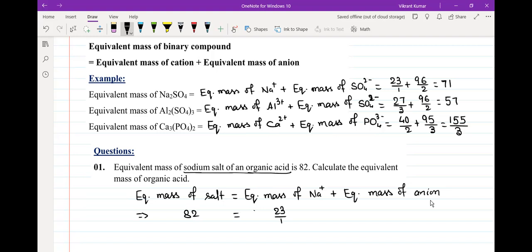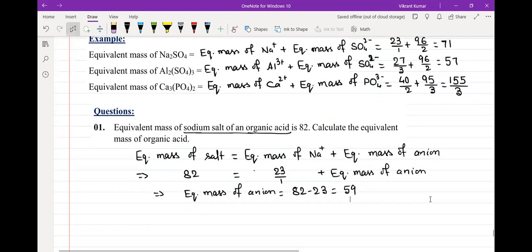We have done that many times, you know? And that plus equivalent mass of anion. So the 59 answer is not the right answer, because it was not equivalent mass of acid, it was equivalent mass of anion. And definitely it will be one of the options. So this is 59. But we are talking about acid. Acid is having what type of cation? Acid is having H plus. H plus, and that's why if I am talking about equivalent mass of